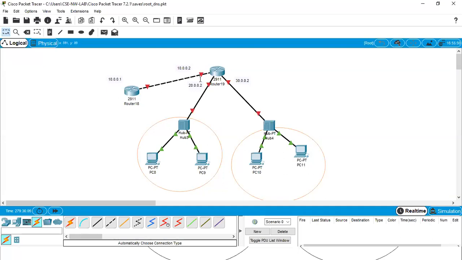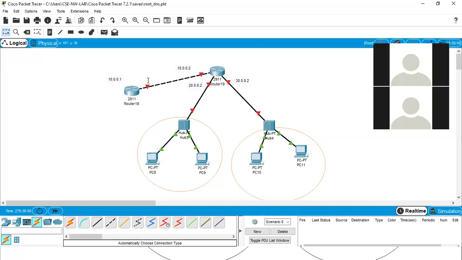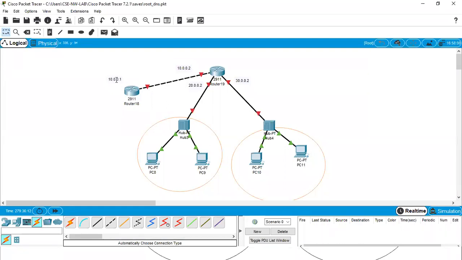Now remember these IP addresses which are to be configured here. So the DHCP server will be 10.0.0.1. So these are the static addresses which we have to configure.